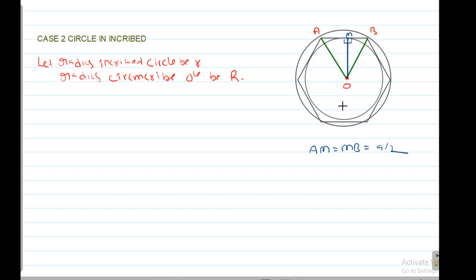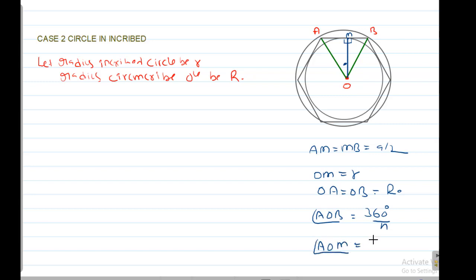Now here OM equals small r, and OA equals OB equals capital R. So angle AOB is nothing but 360 degrees by n. Again I want this angle, that is angle AOM. Angle AOM is equal to 180 degrees by n. So from triangle AMO,